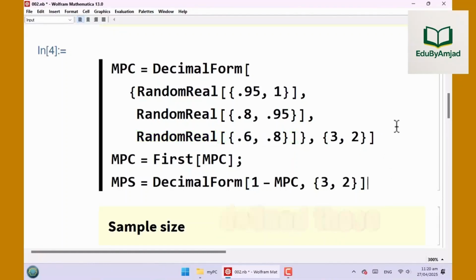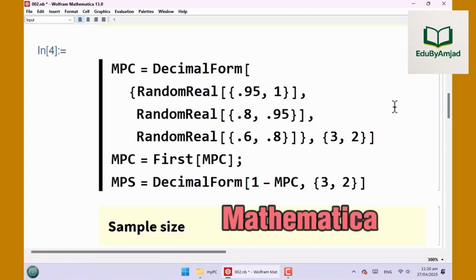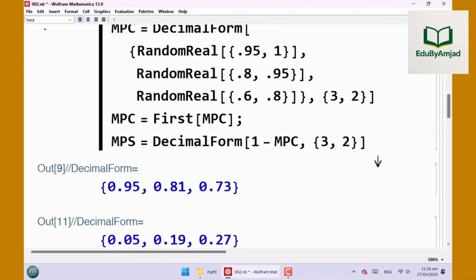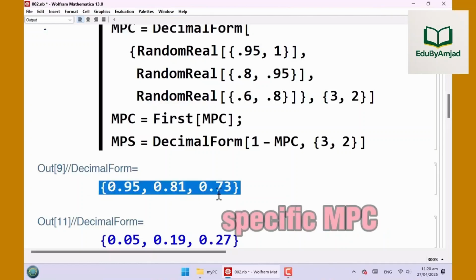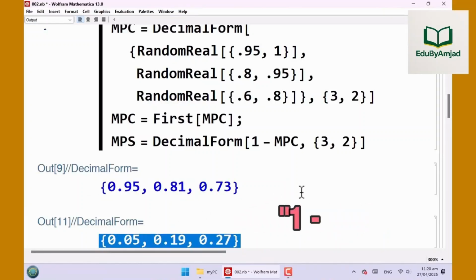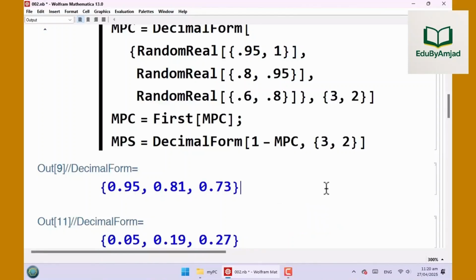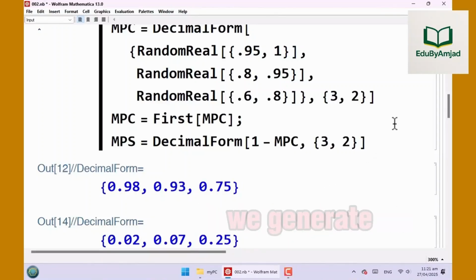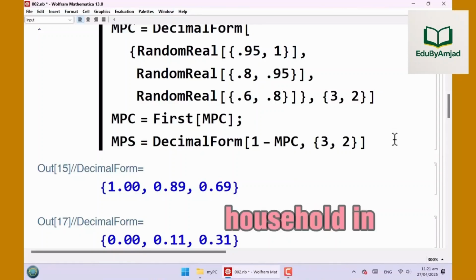Note the way we defined these MPCs in Mathematica. They are random real numbers in their relevant ranges. This way, we'll generate a unique specific MPC for each household in the sample. 1 minus MPC is the MPS. Note that every time we hit return on the keyboard for this Mathematica code, we generate a new set of MPCs and MPSs for each household in the sample.